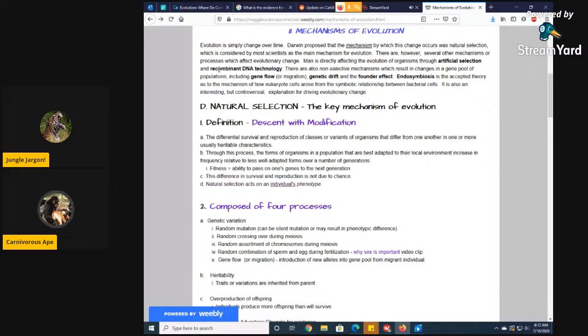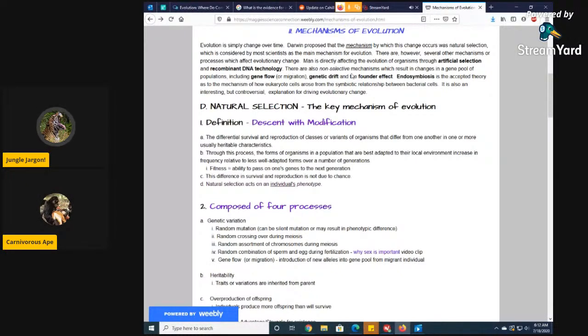That's basically dog breeding. Recombinant DNA technology. Dog breeding is artificial selection. The recombinant DNA technology is gene splicing. Yeah, which has nothing to do with evolution. It's a form of artificial selection. Yeah, but it has nothing to do with natural selection. It's a form of artificial selection. That's what I just said. Yeah, but it has nothing to do with evolution.